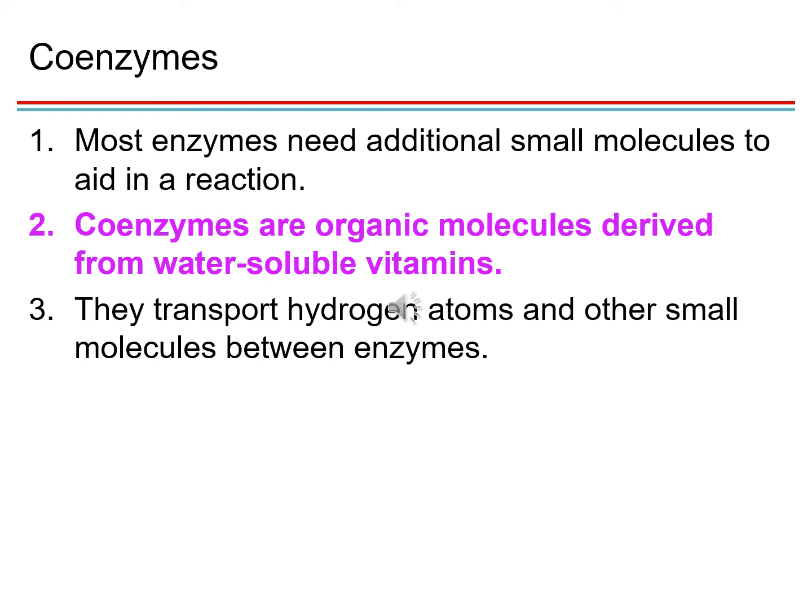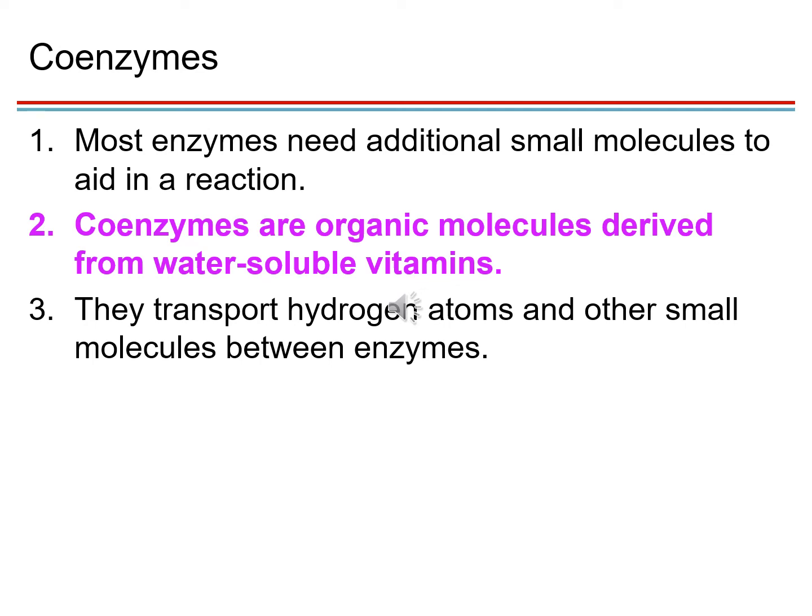In one of the processes called the Krebs cycle or citric acid cycle, we use acetyl coenzyme A. A coenzyme is derived from water-soluble vitamins, and their function is to transport hydrogen atoms